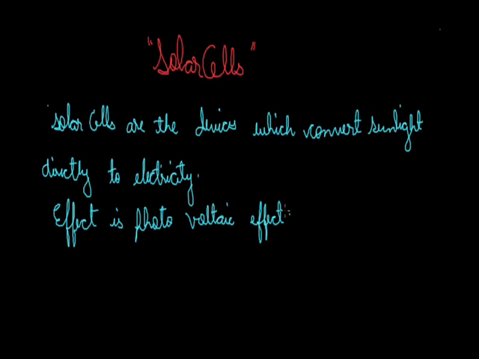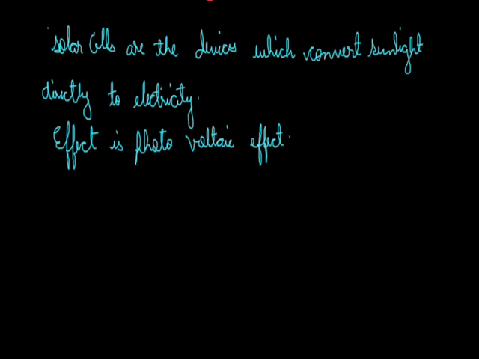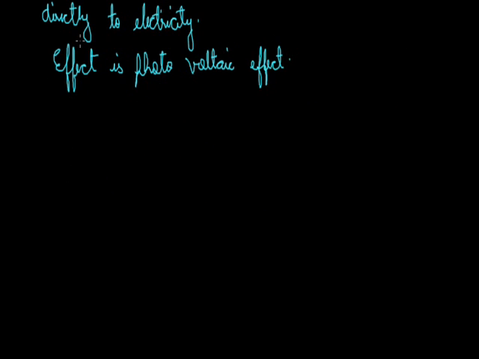In the photovoltaic effect, whenever solar radiation strikes any sensitive material, it directly results in the flow of electrons. And whenever there is a flow of electrons, there is current. So this is how, by this effect, solar cells convert sunlight directly into electricity. Now we will discuss how semiconductors are used to make these cells and what semiconductors are.